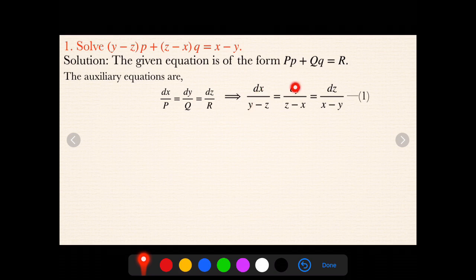Some y I can transfer, x you can transfer. Again the xz into dx and z into dy will be the remaining term, that you can't integrate. That's why here the method of grouping fails. We are going to choose the method of multipliers. While choosing the multipliers, carefully observe here.